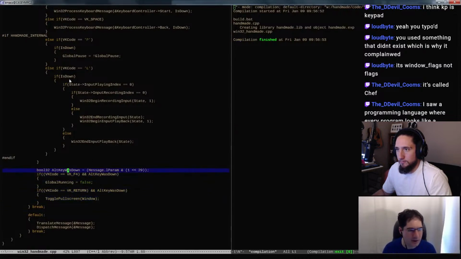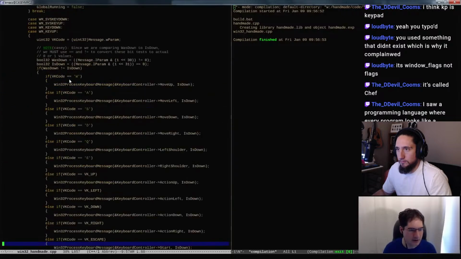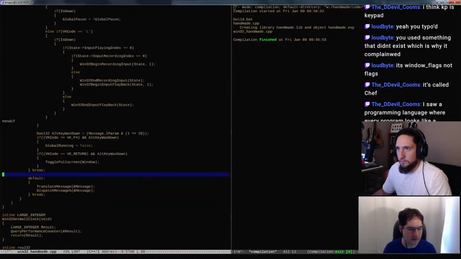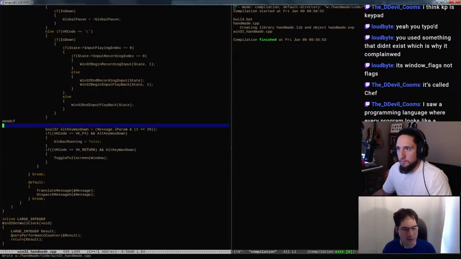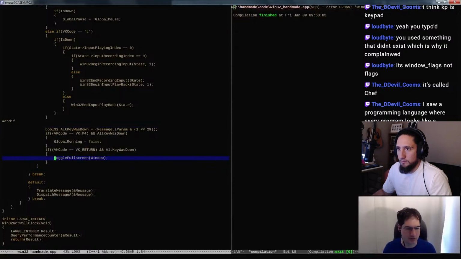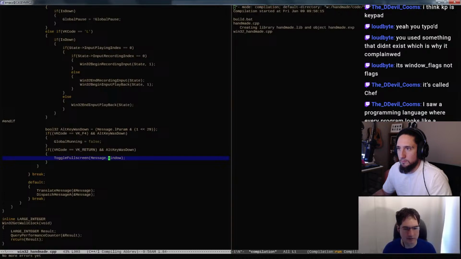I always forget to use is down in here, or basically went down. I always forget to put things in there. And so these should also be in there, because we essentially only want to do this stuff on key down. We don't want to do it on key up as well, because otherwise we trigger twice, once when it goes down, once when it comes up. Window is undeclared. Oh, well, yes, that's true. We want to do it on the window that